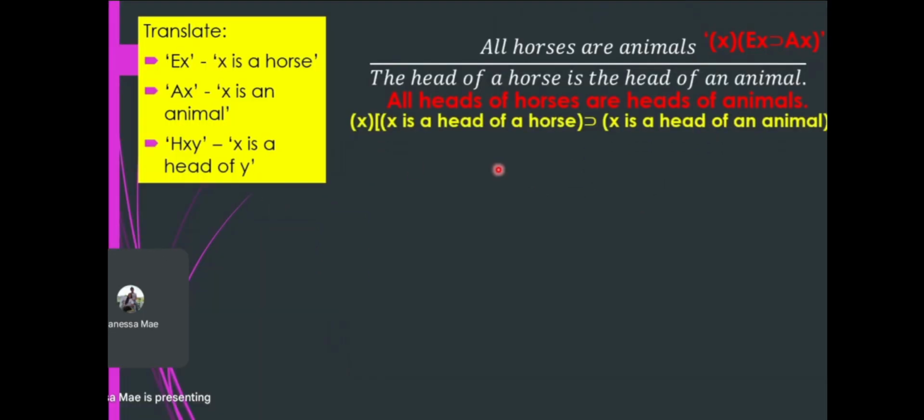Expressing it in symbols, all heads, all meaning generalization: X is a head of a horse implies X is a head of an animal. So in symbols, for all X, there exists Y such that EY and